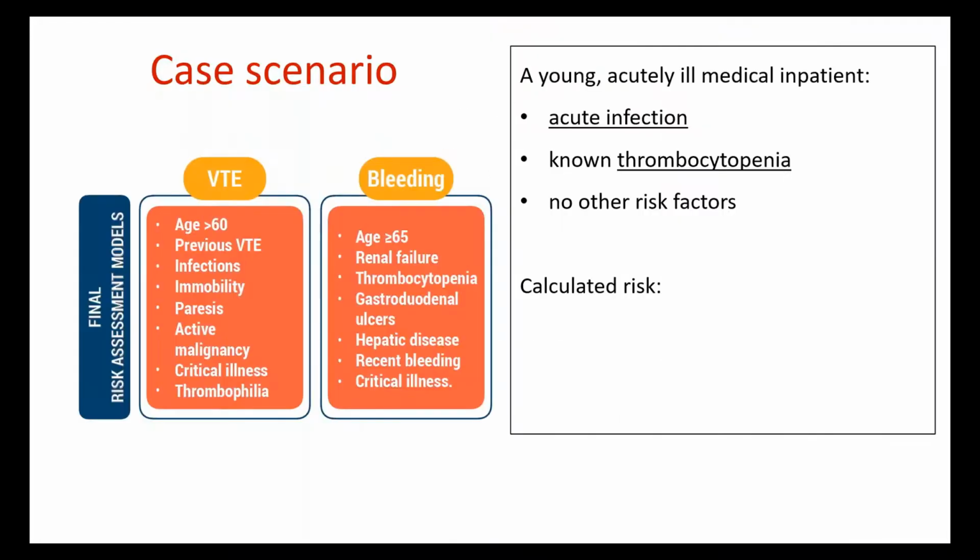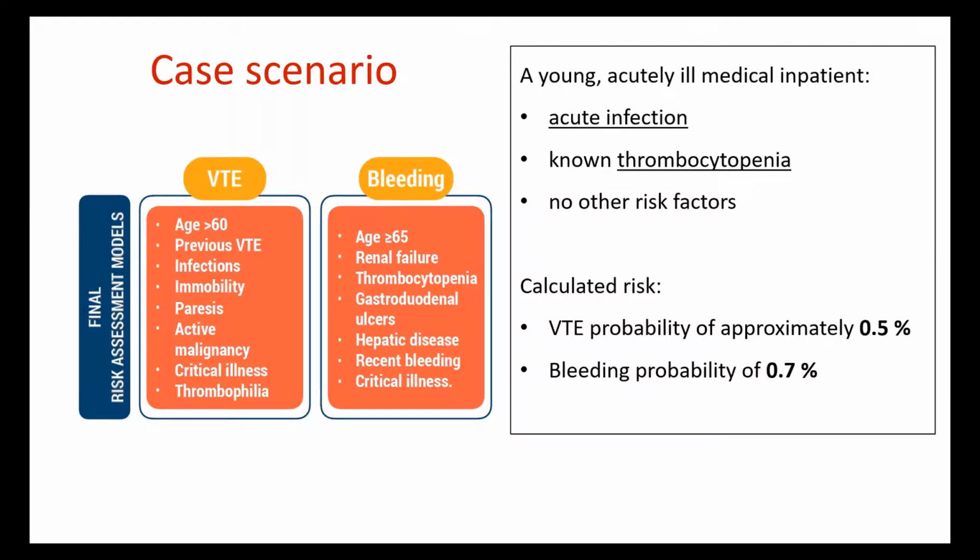That Andrea introduced, the calculated risk, again, with a venous thromboembolism probability of 0.5% during the hospitalization, and a bleeding probability of 0.7%. And if you think of these two outcomes during a hospitalization, and would just say, which one is more common to occur? You would say, okay, the bleeding risk seems to be higher in an acutely ill medical patient with those risk factors that Andrea introduced there. And if we were just to look at the frequency, we would say we shouldn't prophylax these patients.